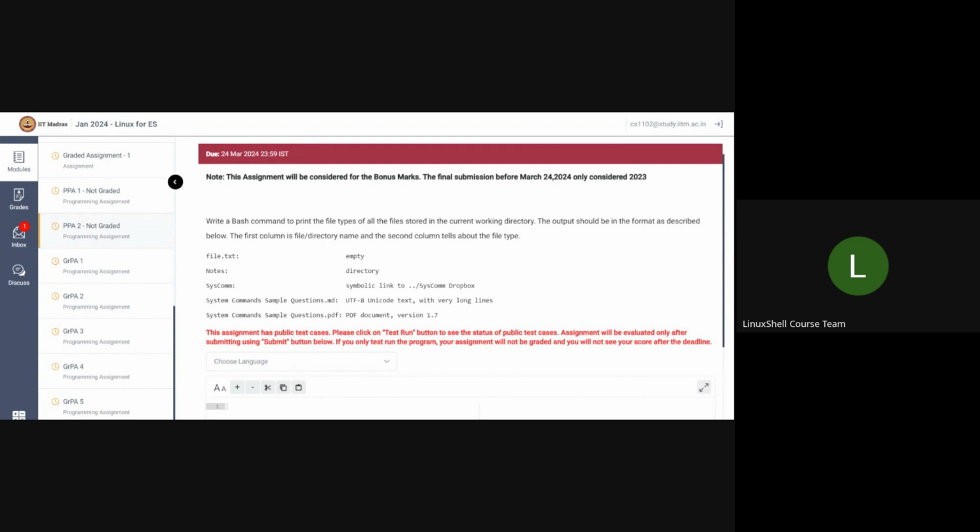Apart from that, I hope you know the origin of Linux: it is inspired by the Unix operating system. There is one classic book, The Design of the Unix Operating System by Bach.